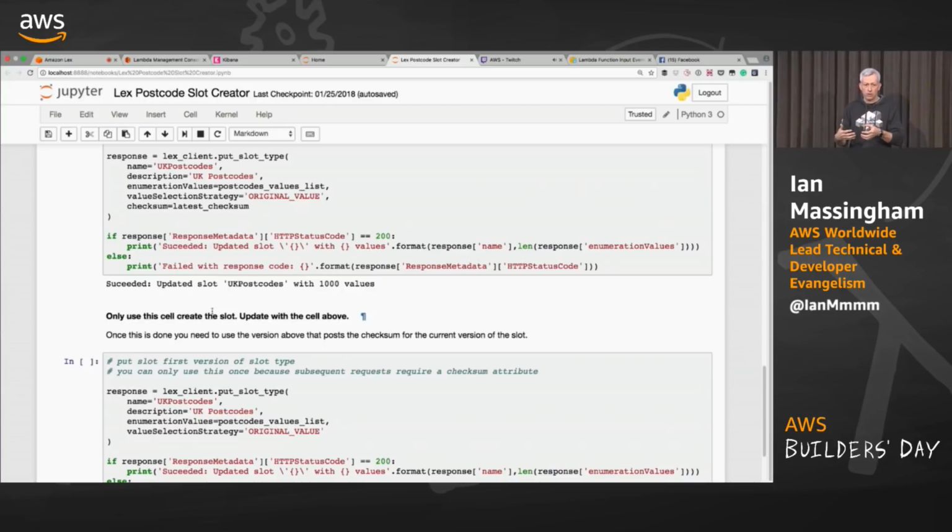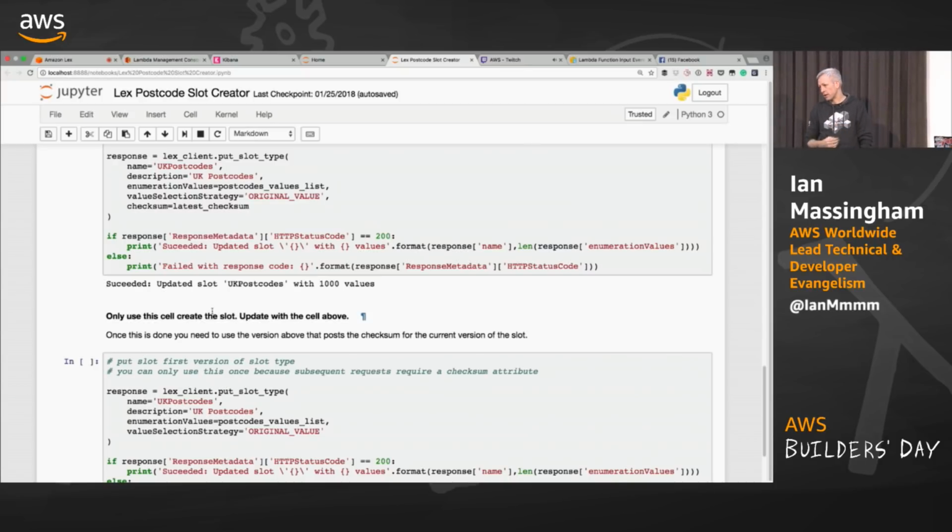So you can take out some of the stuff which is less simple to do in the console at scale and turn that into part of your automated pipeline. As part of deploying my bot with my weekly build, I could automatically rebuild my slots and push them in using the API, using that kind of approach. Actually a really neat way of doing it.